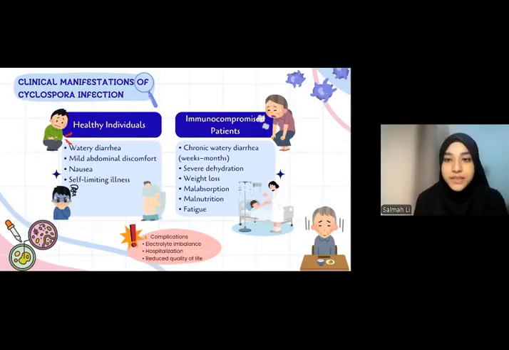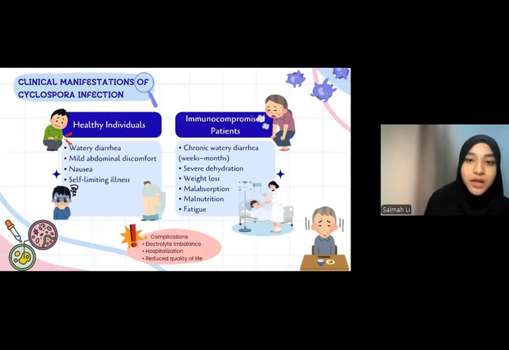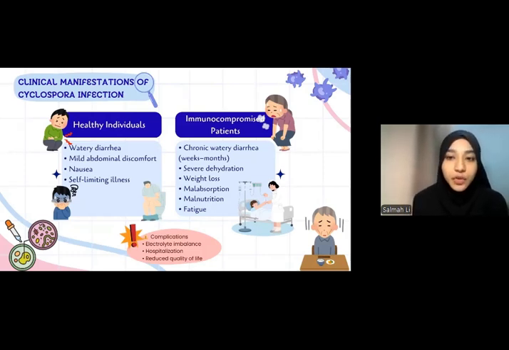Next, I will discuss the clinical manifestation of Cyclospora cayetanensis infection. First, in healthy individuals, the infection usually causes watery diarrhea and mild abdominal discomfort, and is generally self-limiting, meaning it resolves without long-term complications. However, in immunocompromised patients, especially those with HIV or AIDS or weakened immune systems, the disease is